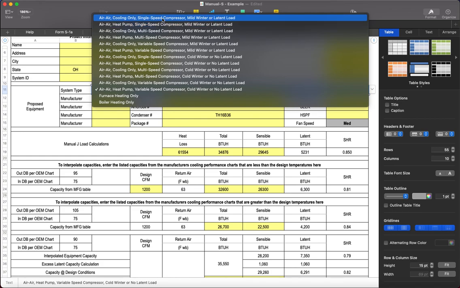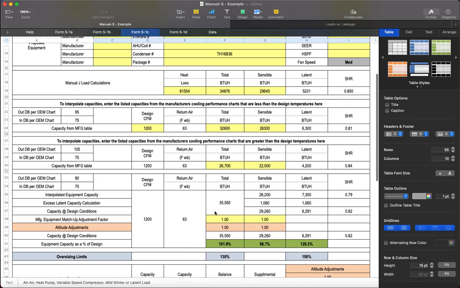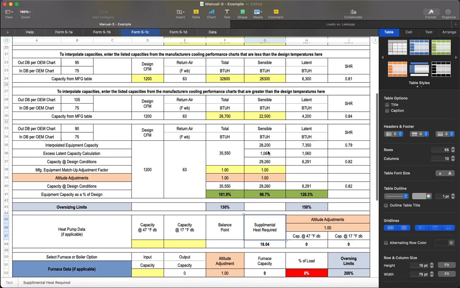So you have single speed compressors in cooling or heat pump, multi-speed in cooling or heat pump, and variable speed in cooling or heat pump. So we are an air-to-air heat pump, variable speed compressor, mild winter or latent load. So what that does is change your oversizing limits down here. And just to show you,